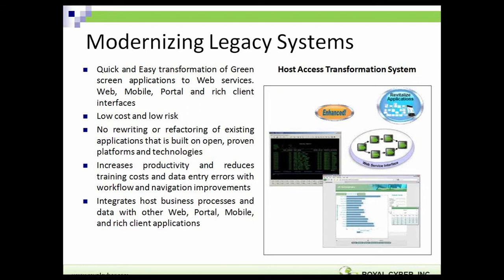HATS modernized versions can be prepared for various output mediums, and the best thing is that you don't need to make any changes in the existing application running on the backend. So the matured environment stays at the backend, and it ensures business continuation and stability, as the green screen application is running on the backend and HATS is providing a front end representation of that application. So there is no need whatsoever to migrate data with a HATS implementation.